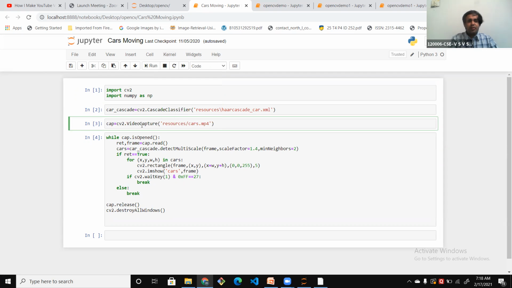For that, we use the command VideoCapture. Here, as you're seeing, we are identifying each and every frame to detect the particular object. Let us run this code.